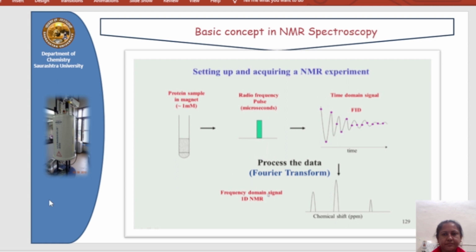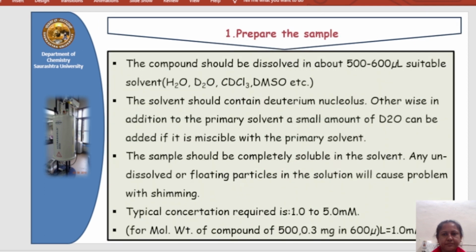So we start from sample preparation. What is the importance of sample preparation? Which type of solvent can we use? What is the required volume? How much volume can we take? Which type of tube can we use as a sample tube in NMR? In most NMR spectrometers we use a 5 mm probe. We have already seen in the instrument picture that it is a 5 mm BBO probe. So if it is a 5 mm probe, that is sufficient.